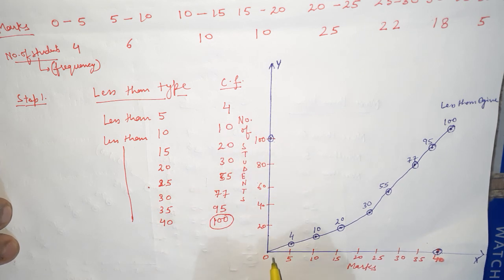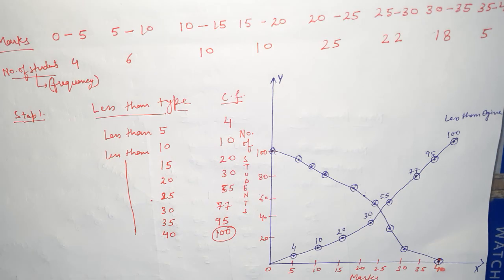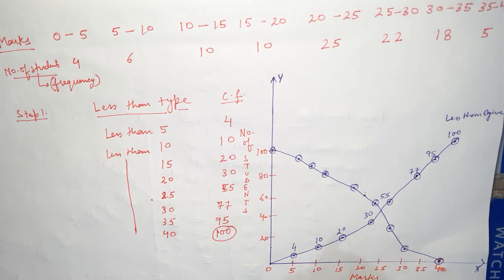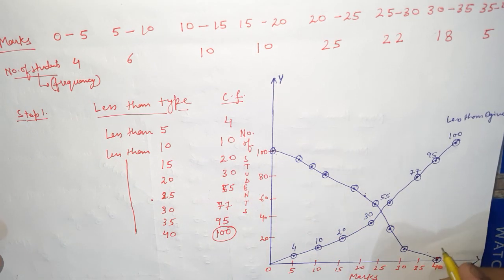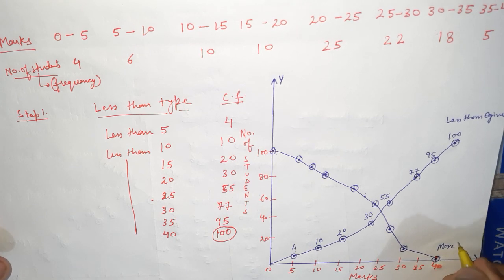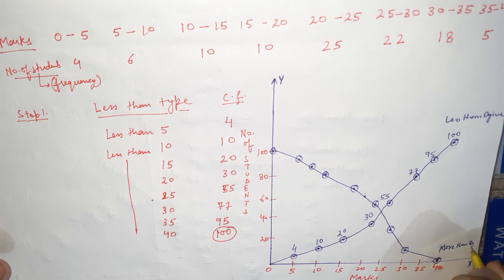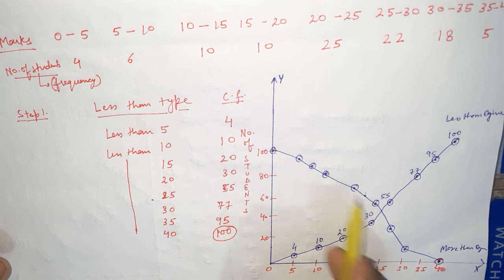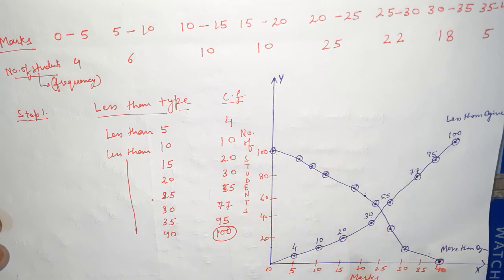So let me plot the more than ogive also, then I'll show you. As you can see, I've drawn the more than ogive here. So both the ogives, less than as well as more than, can be drawn on one diagram. Simple. The plotting can be a little bit different, but when you draw it on graph paper, it will be perfect. Clear? Here on plain paper it is difficult to see from which point it is falling, but when you draw it, it will look something like this.